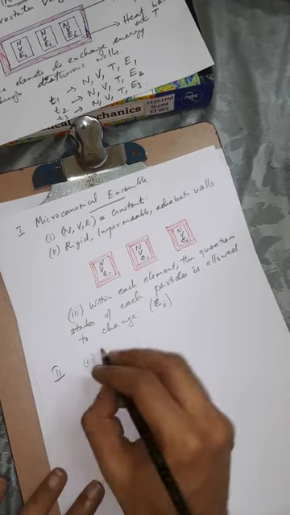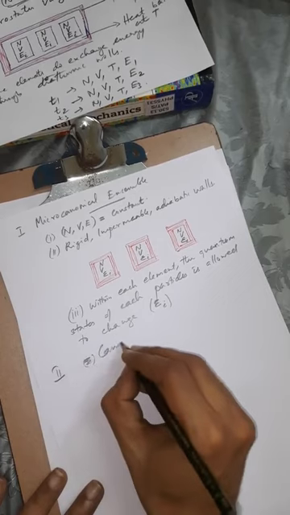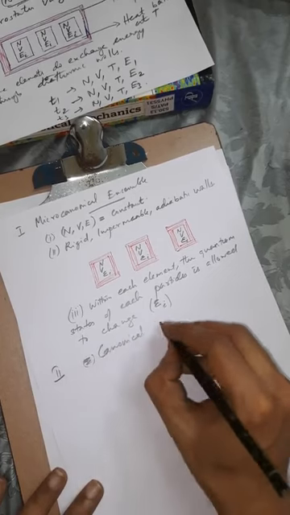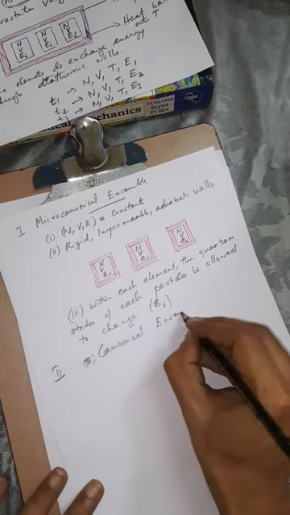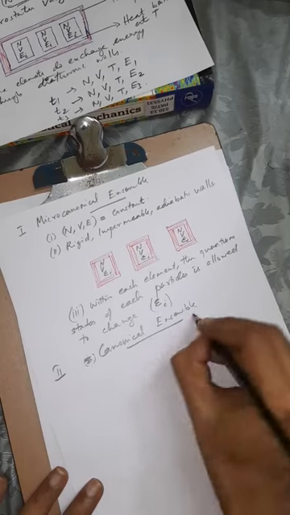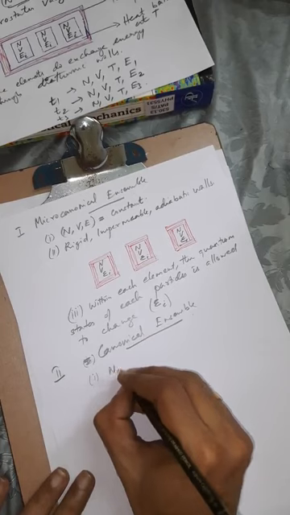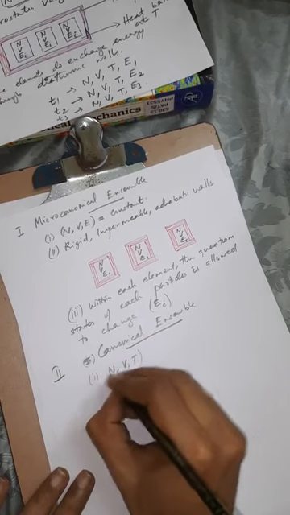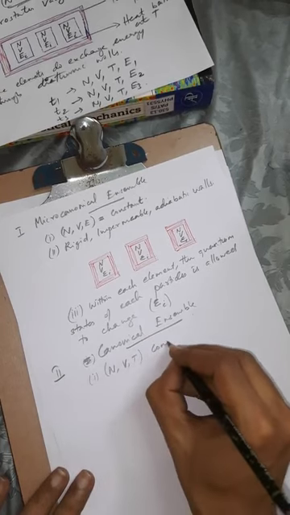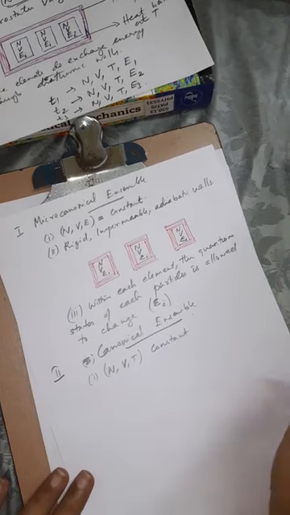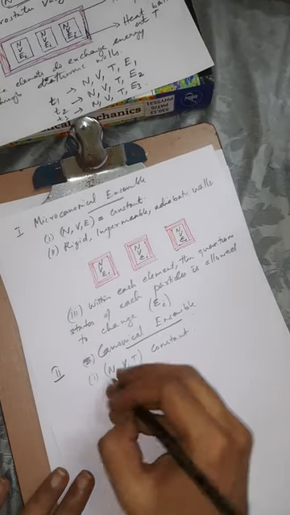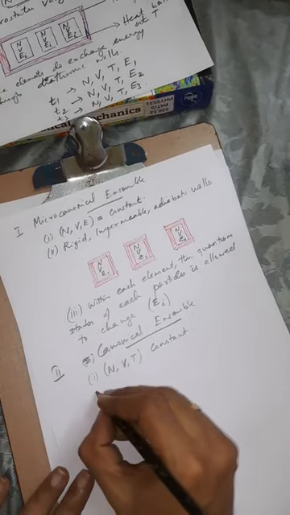Sorry, I should write canonical ensemble. So canonical ensembles, one, NVT is constant. NVT is the constant, so that defines the macro state, and